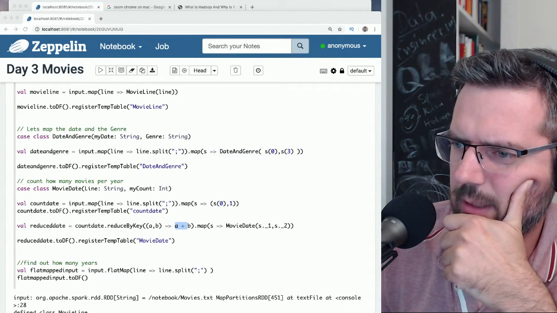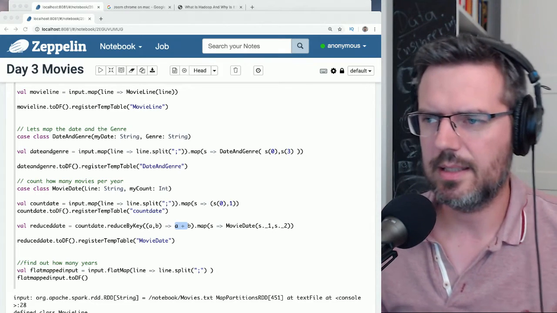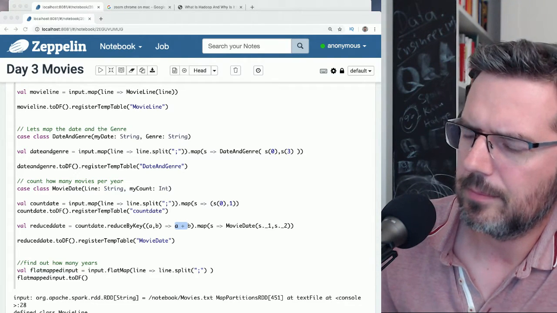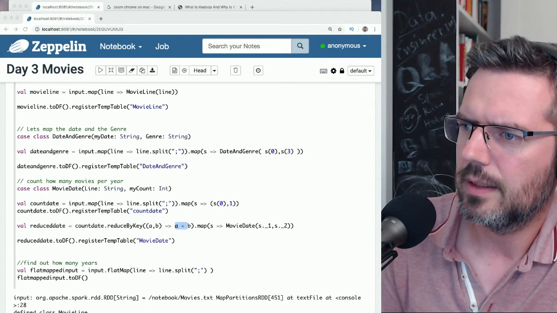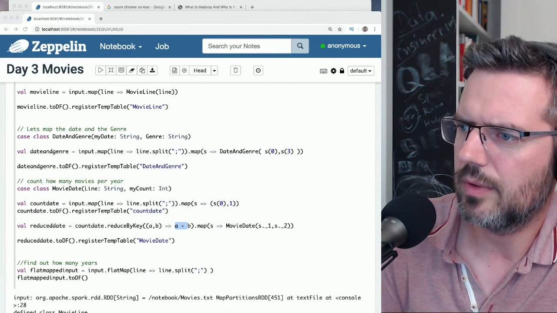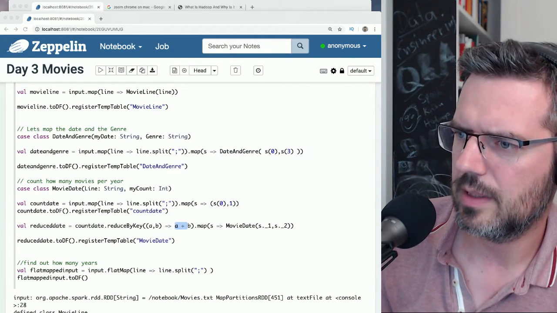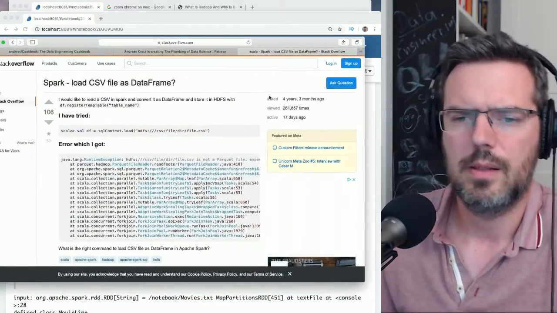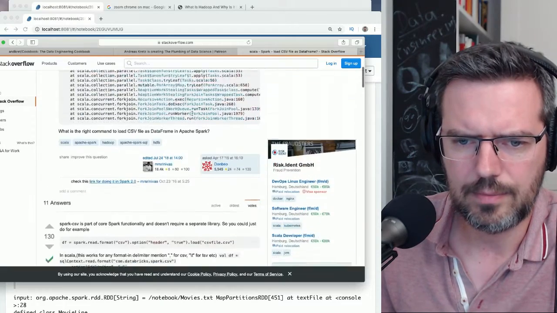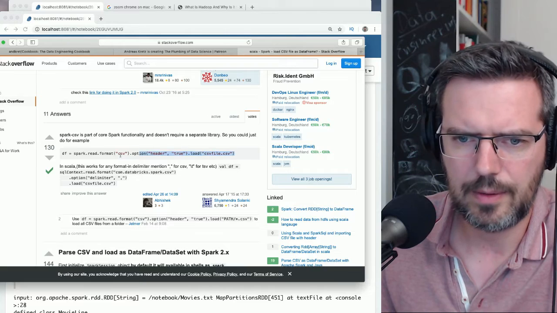How was that working in Spark? Let me just quickly search this. Spark read CSV into data frame. Load CSV as data frame. How was that on Stack Overflow? Okay, here it is.